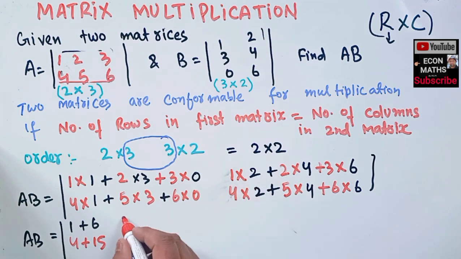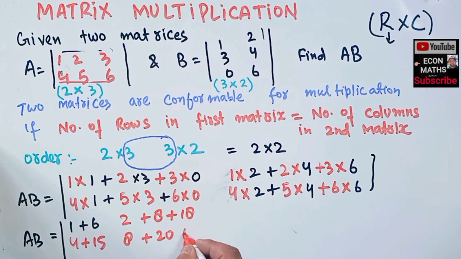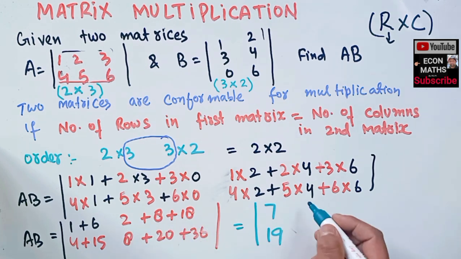Here 1 times 2 is 2, plus 2 times 4 is 8, plus 3 times 6 is 18. Here we have 4 times 2 is 8, plus 5 times 4 is 20, 6 times 6 is 36. So this reduces to: 6 plus 1 is 7, 15 plus 4 is 19, we get 28,